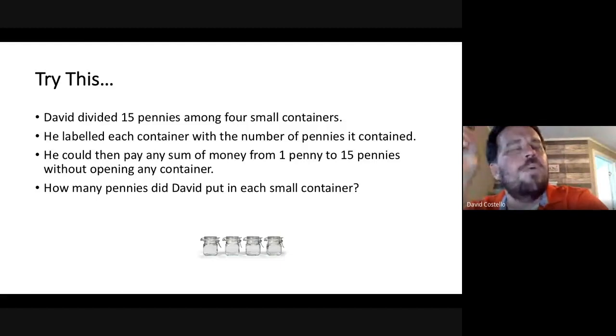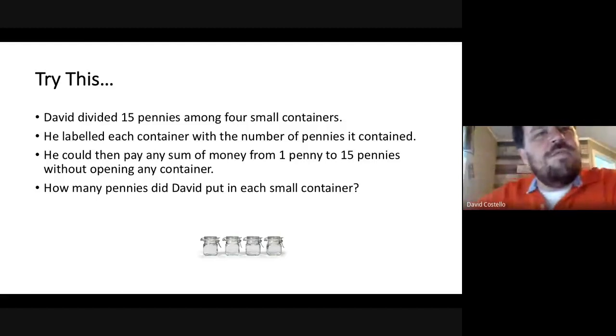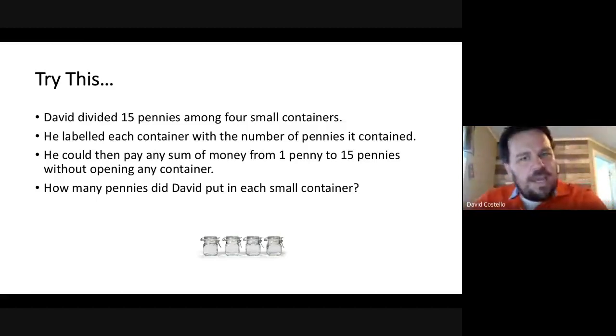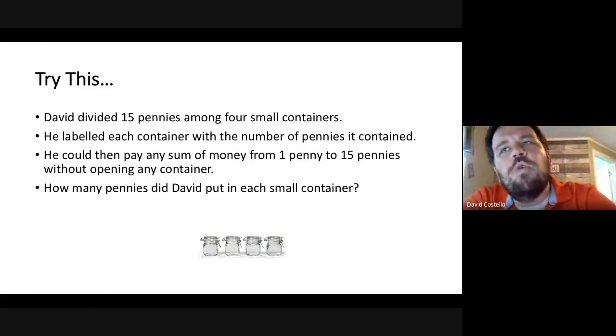Now, here are the questions that I want you to think about. How did you know plan A wouldn't work? How did plan A not working help you decide on what to do for plan B? And on the other side of the fence, if you tried plan A and it worked, how do you know it worked? So what did you do when you hit stumbling blocks for this? What are the questions you were asking yourself?